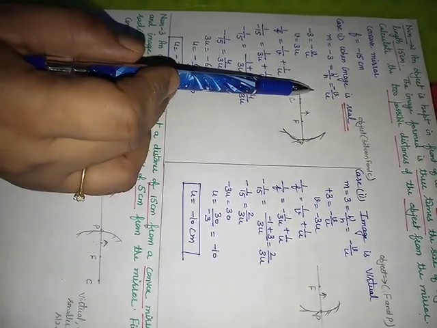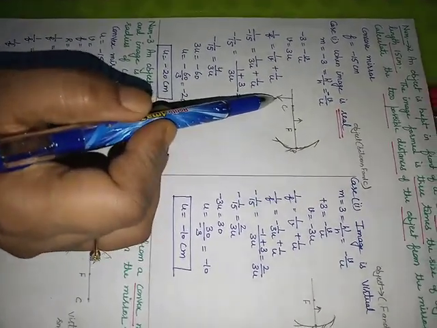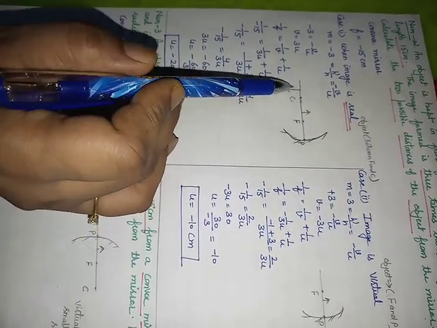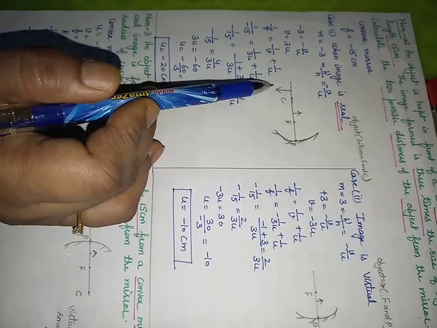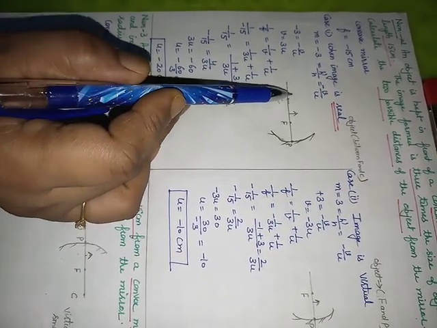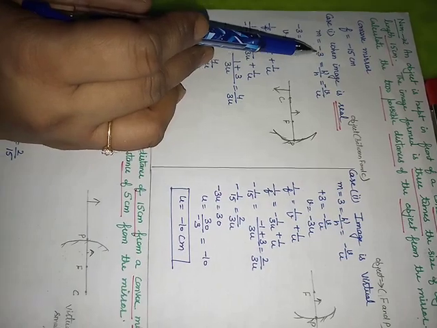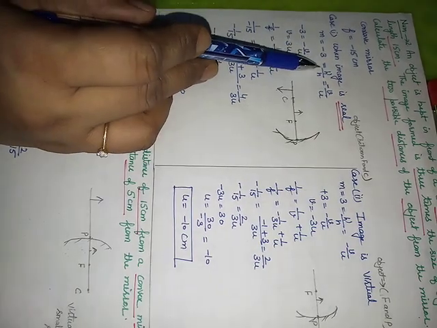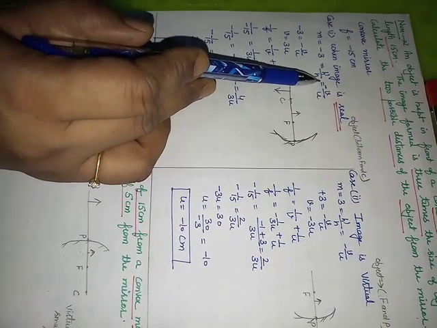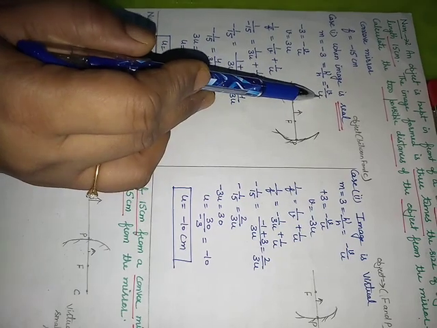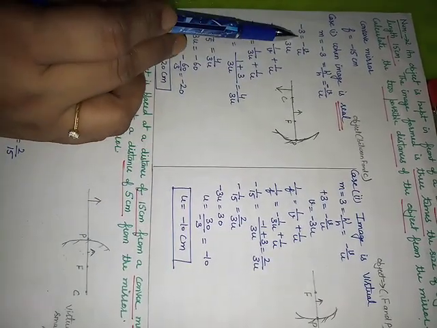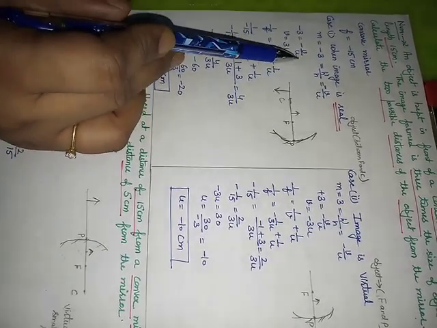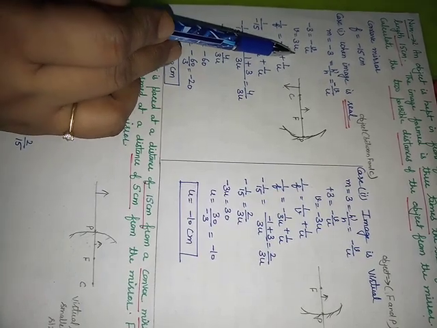So using ray diagram, the magnified image formation takes place when you are going to keep your object between F and C. Then image will be real, it will be inverted, it will be magnified. So for real image formation, this m will come with minus sign. So when the image is real, m will be minus 3. That will be equal to h dash upon h. That is again equal to minus v upon u. From here, minus 3 will be equal to minus v upon u. So relation between v and u will be v is equal to 3u.